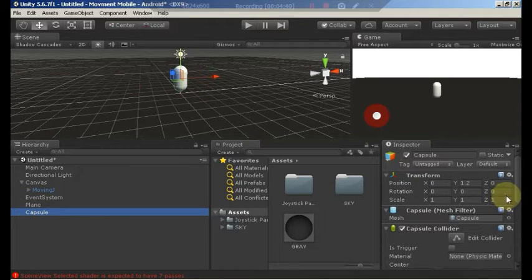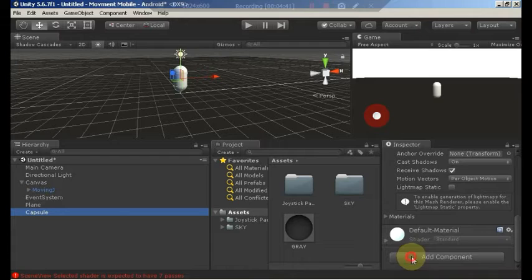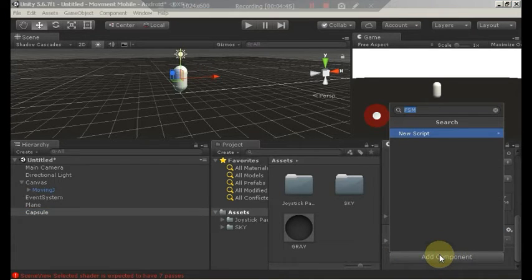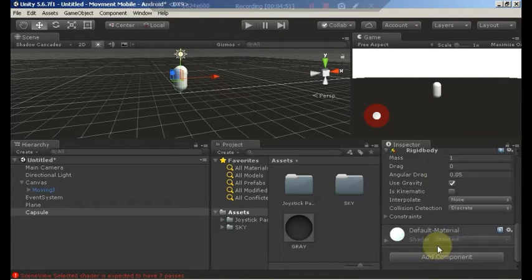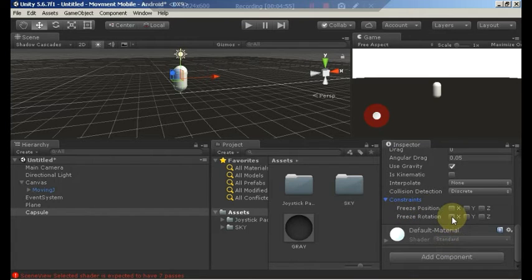Rename the capsule, and let's add a component. We need to add a Rigidbody to apply our gravity. So add a Rigidbody and make sure you freeze the rotation on the X, Y and Z axes, so it does not fall to the right or left. And let's rename the capsule to